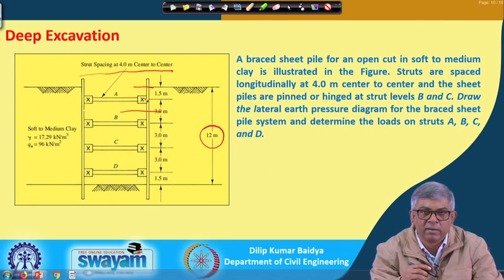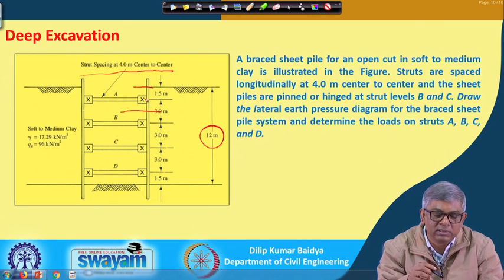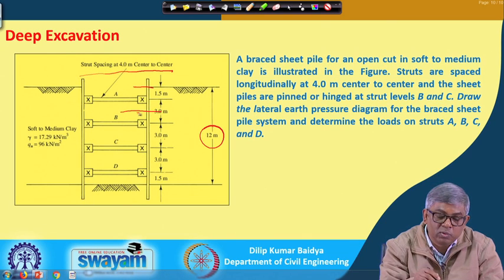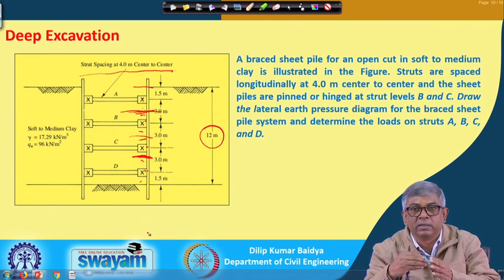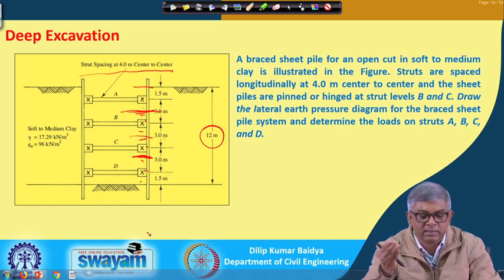So, to find out the strut loading, this is the thing you have to consider: the vertical spacing. Half the zone of the loading will come to this, half the zone loading will go to there. Similarly, this half coming here, again this half will go there. Similarly, this half will come here and this half will go there, again this half is coming here and this part will come here, because there is no other support.